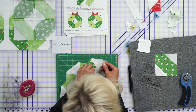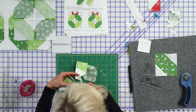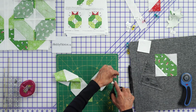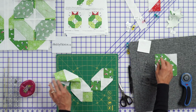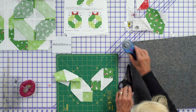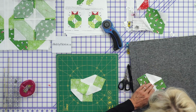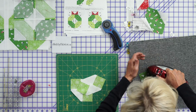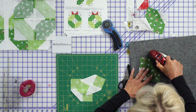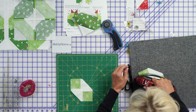Okay, we have our units with their corners on, remembering that with the dark green, right, we're going to press to the outside toward the white, and with the light green, we'll be pressing toward the light green. So let's move that out of the way, and let's get that going. To the outside, out, there's that, and now here,